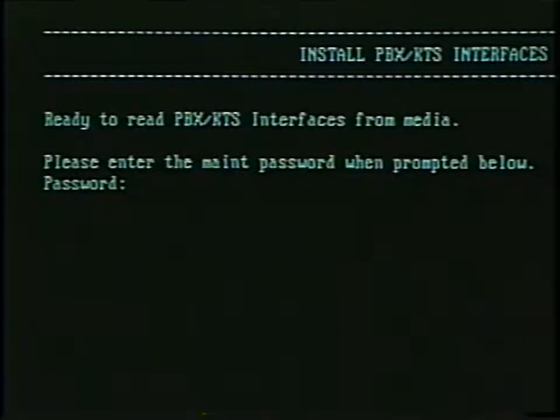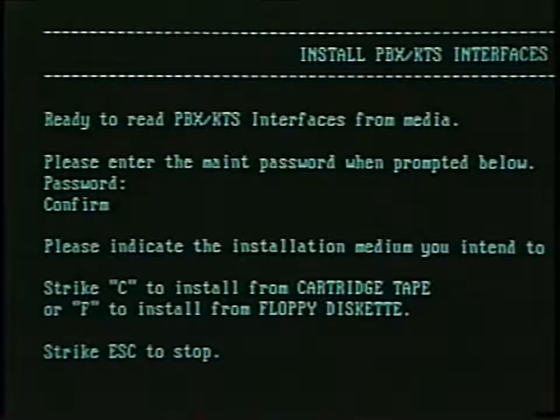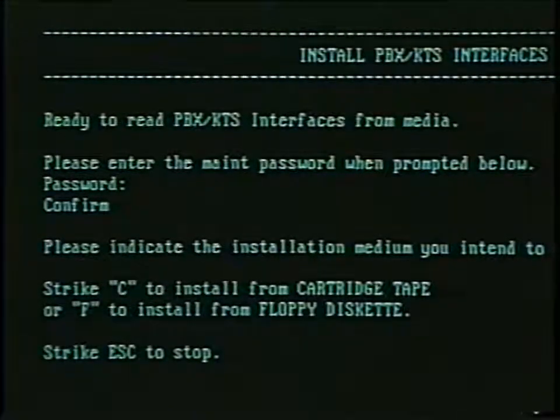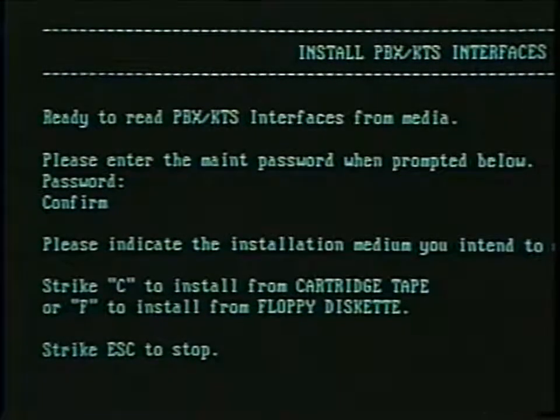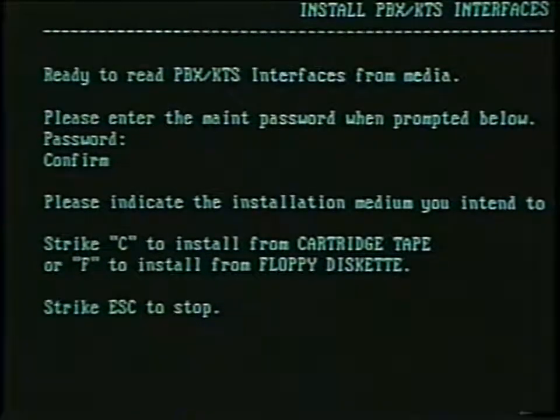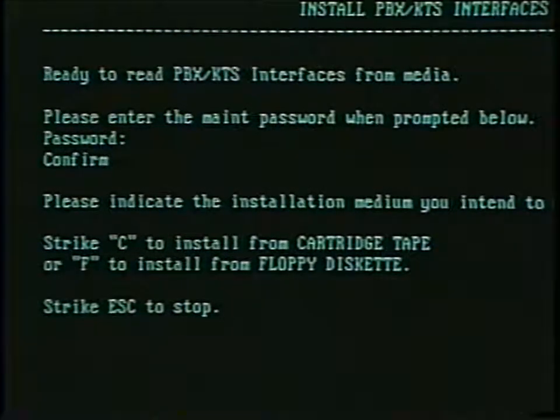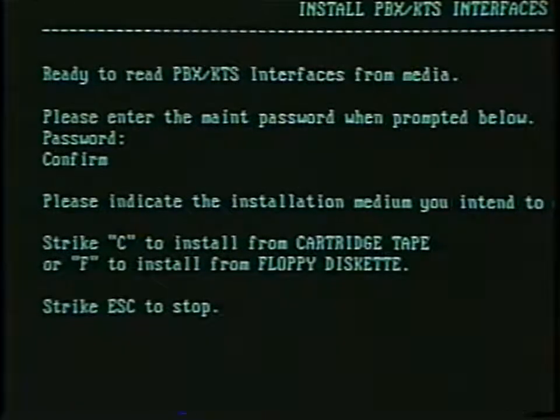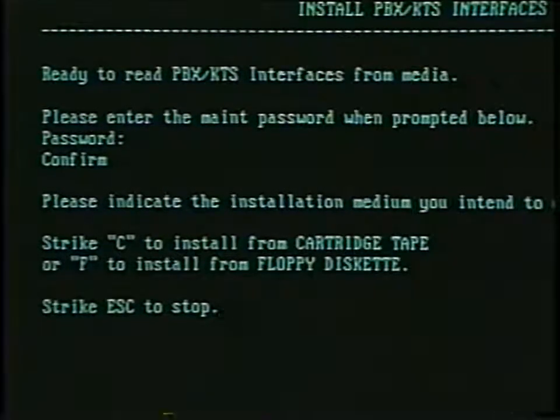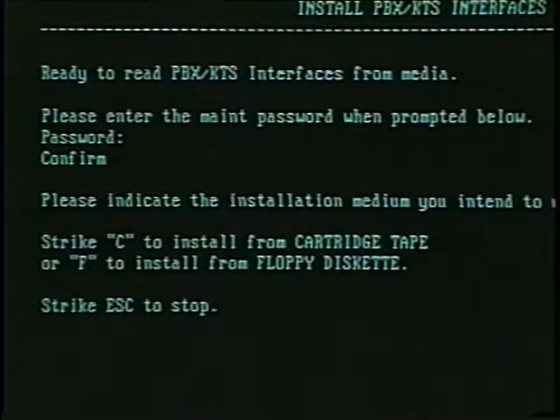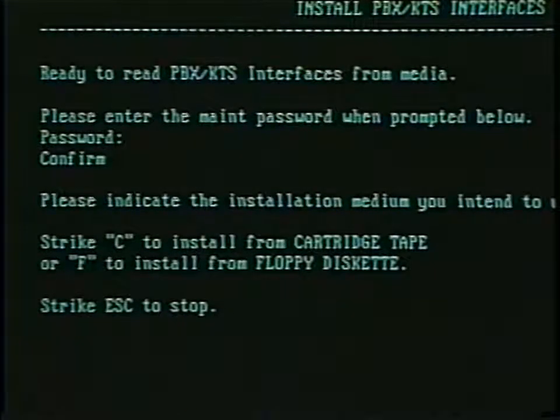Type your password and press Enter. The system will then ask if the interface is contained on a floppy or tape. Enter F for floppy. Insert the diskette labeled PBX KTS interface into the diskette drive and then press the Enter